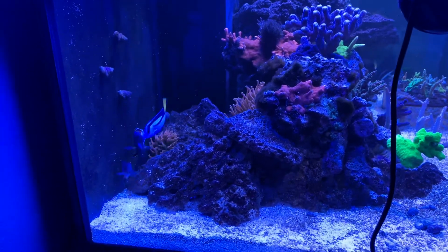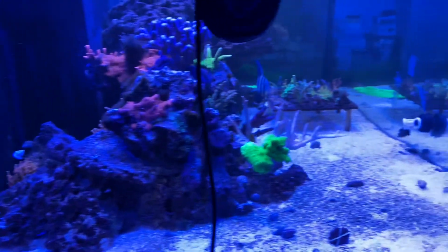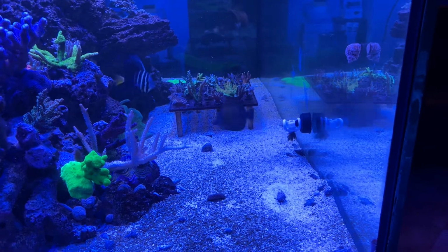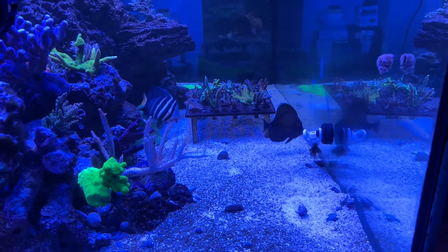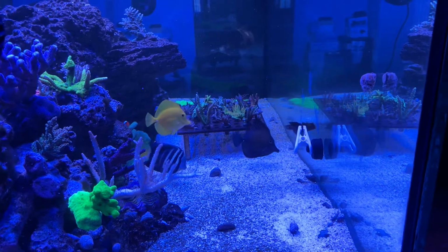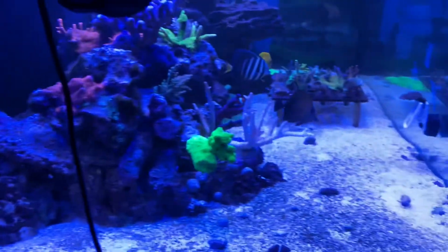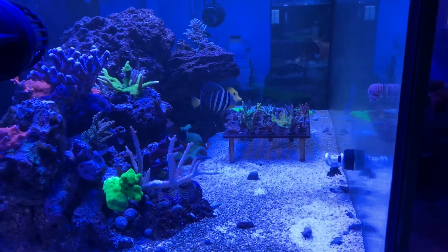When I first put these guys in the tank, they were basically being attacked by my other big tangs, the sailfin, the Scopus, and the yellow tang. Well, actually, the Scopus wasn't too bad. He was being kind of nice, but they're big fat bullies. They feel like this is their home. They kept doing it, and it was to a point where me and my lady were standing here at the tank slapping the tank every time these guys were chasing after these little cutie pies over here, right? So what I did was just something I'd learned through many years